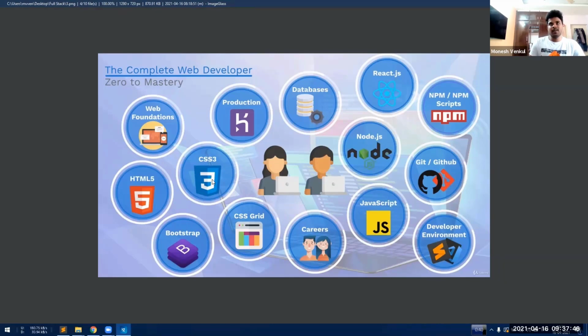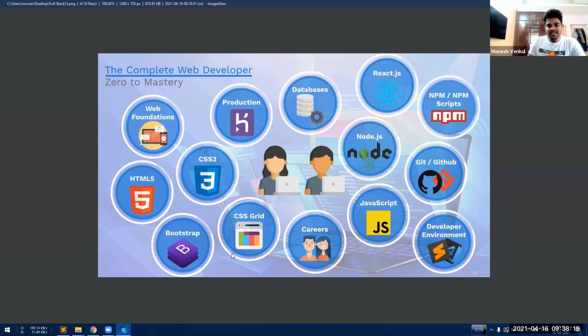For example, if you want to create a login screen with some kind of animations, you don't need to code everything in CSS3. You will use the help of Bootstrap. Bootstrap is another community where a group of developers come together. They create animations and deploy them in Bootstrap for free. You will take that animation and keep it in your project. In Bootstrap, everything is free. You can take help from Bootstrap.